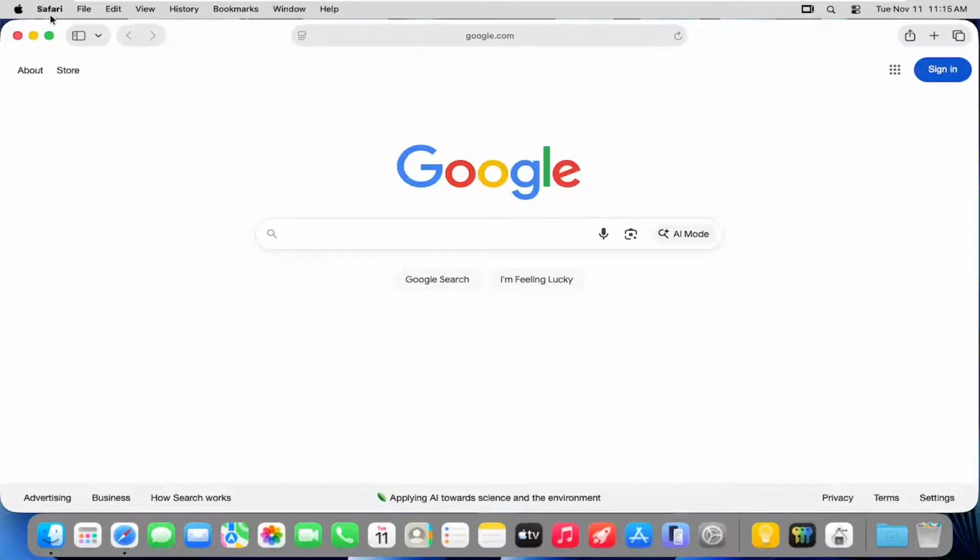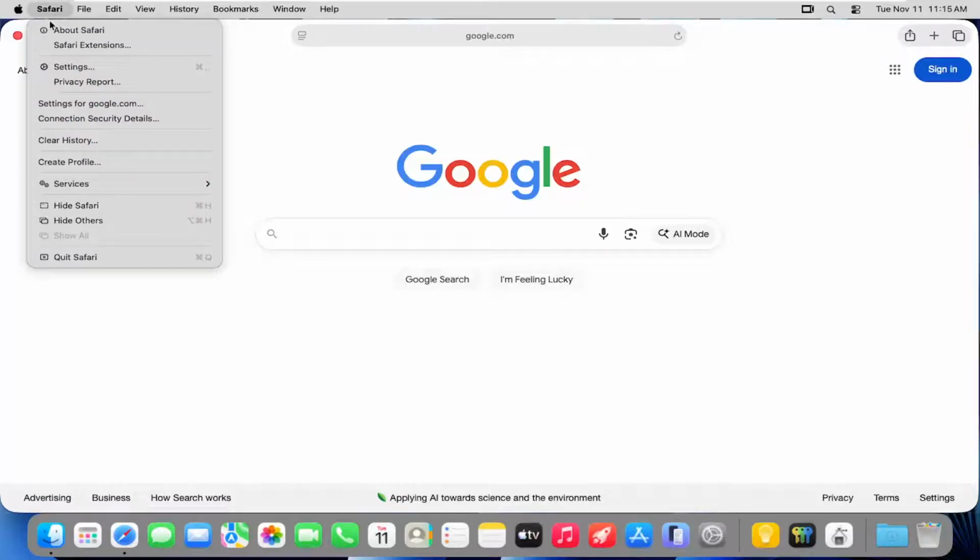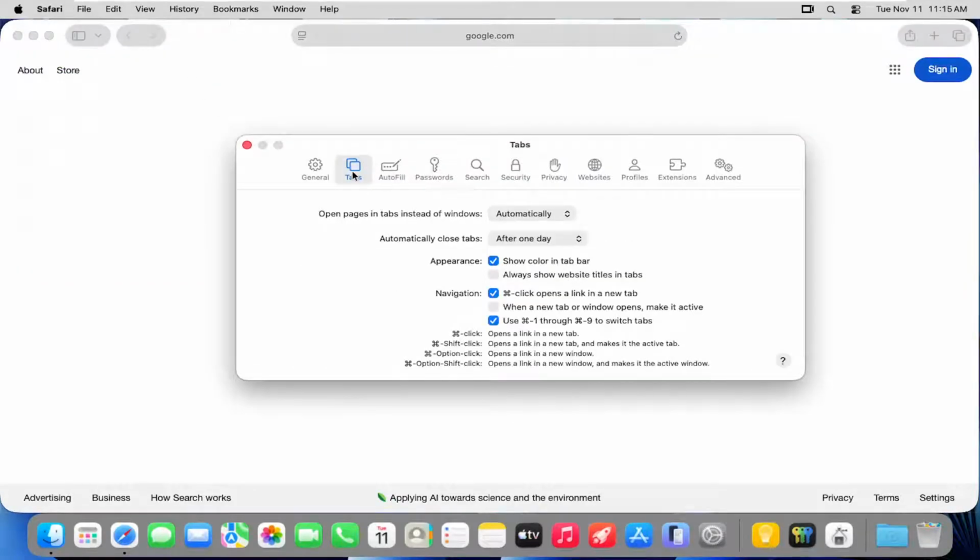So all I have to do is select the Safari button up in the menu bar and then go down and select Settings. You can also select the Command and the comma key as well to open up this page. And then you want to select the Tabs button at the top here. Where it says automatically close tabs, click the drop down and select manually, and that is all you have to